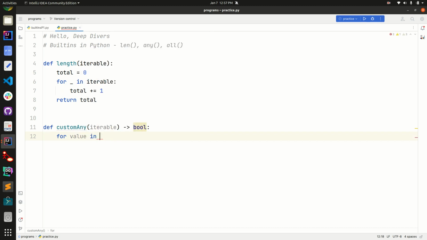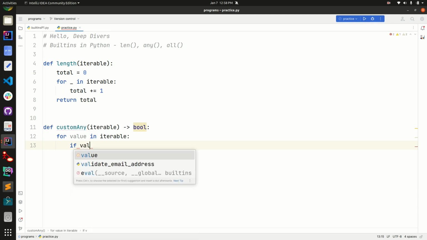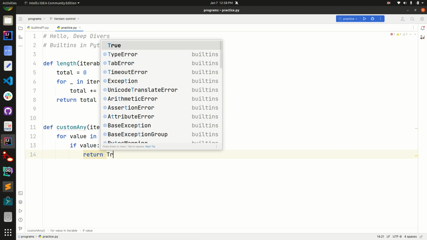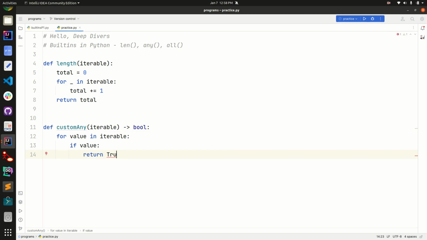Sorry, it's a syntactical error. If any value is true, we are going to return true. If not, all the values are false, so we are going to return false.